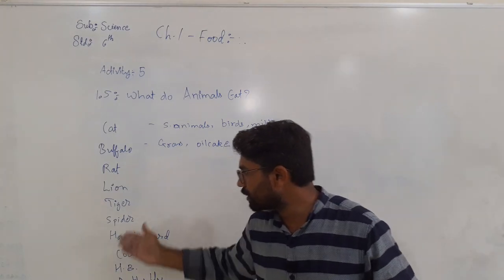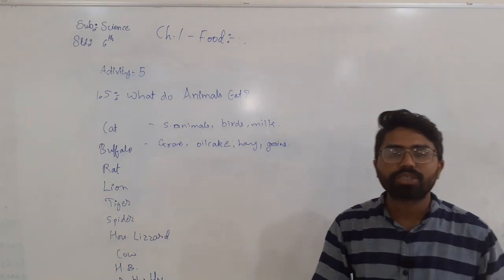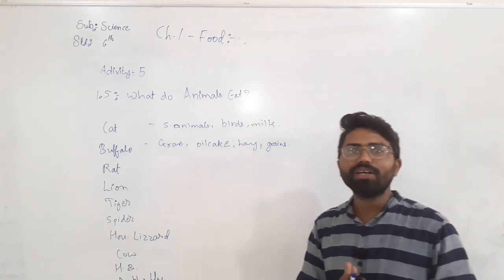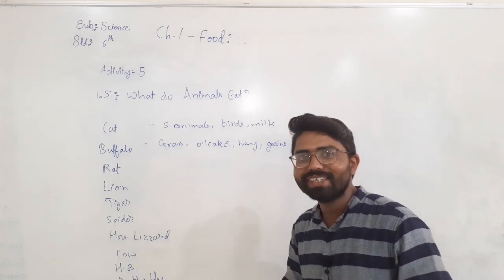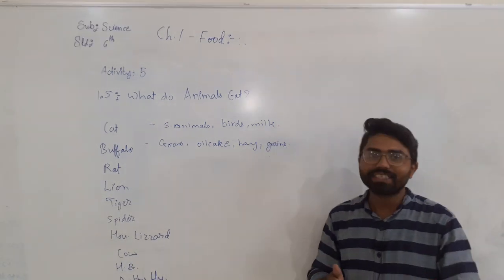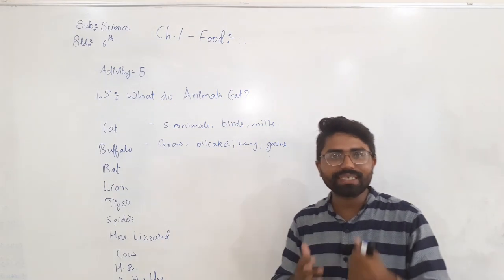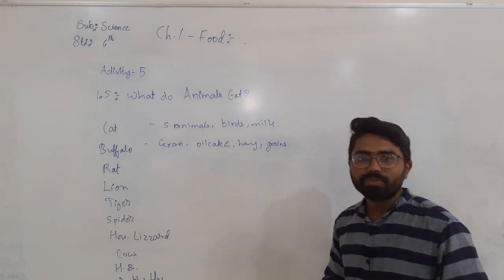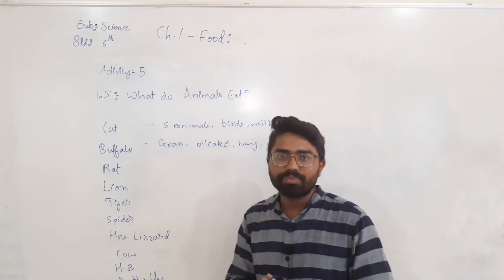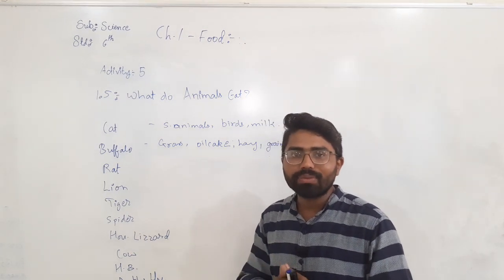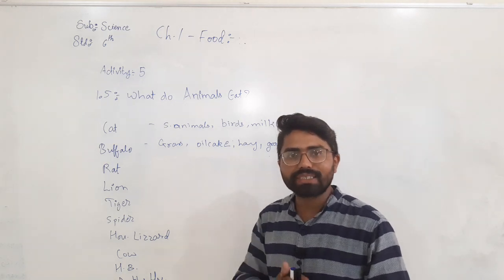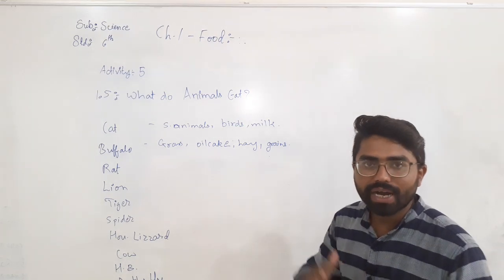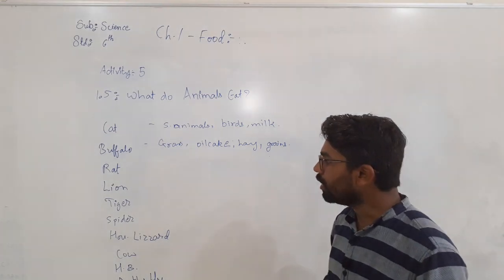Now the third one is the spider. Have you seen a spider web? Yes, we have seen a spider web, and we have also seen a Spider-Man movie. Yes or no? That is our favorite movie, we can say that, okay. In a spider web, all the insects get stuck because the spider web is made up of the spider's saliva, okay. So all the insects get stuck in the spider web, and after that the spider eats all the insects.